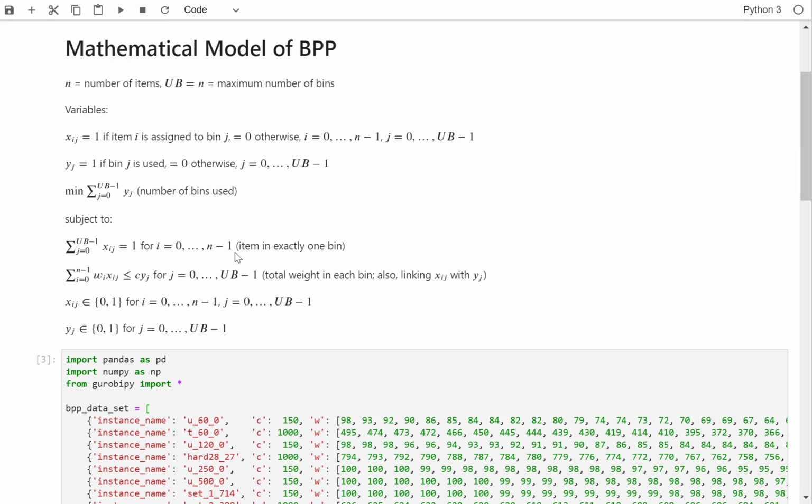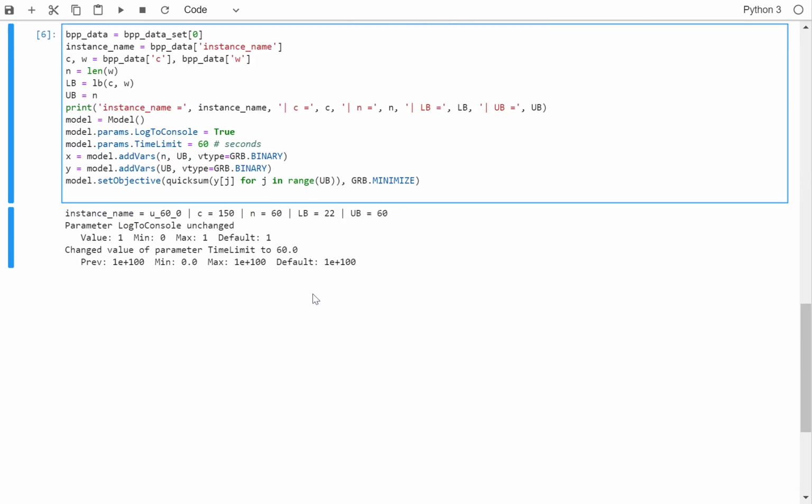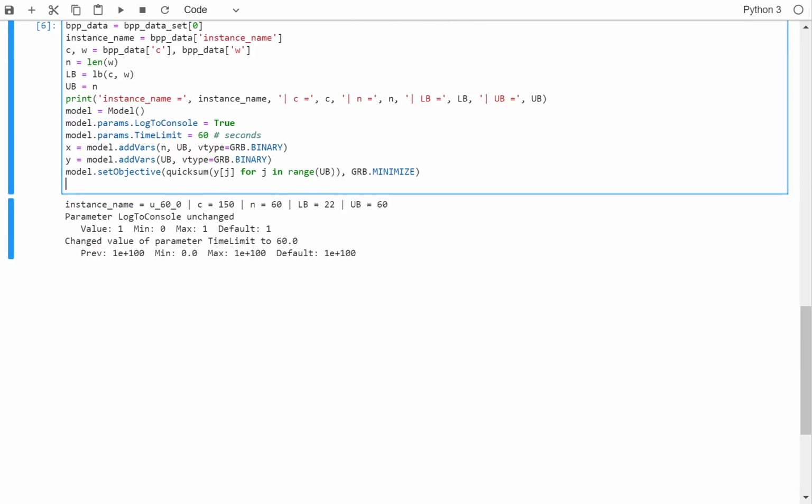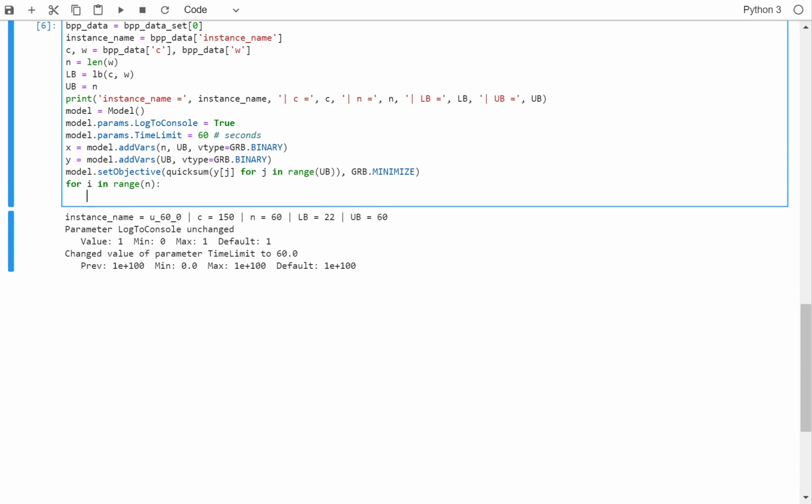So we said for every item I, let's have the summation of xij variables equal to 1. So there are many ways of adding these constraints. I'm going to write first, for each item I in range n, we need to ensure item I is packed in exactly one bin. So we need to say model add